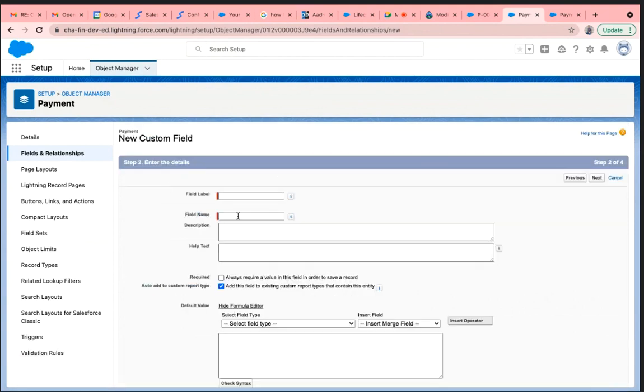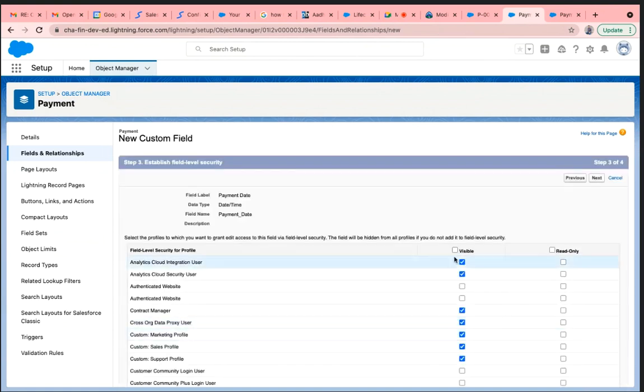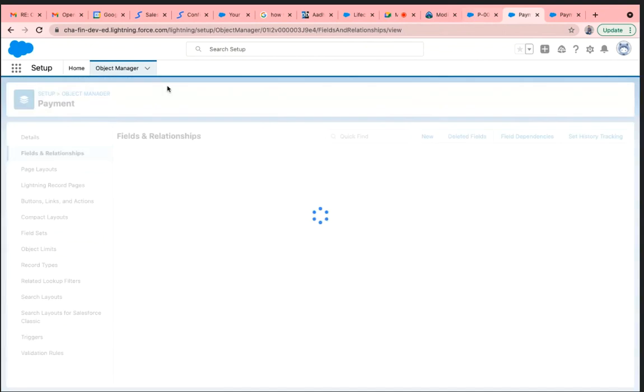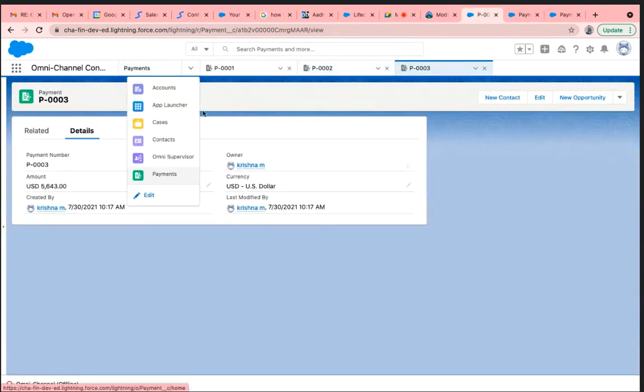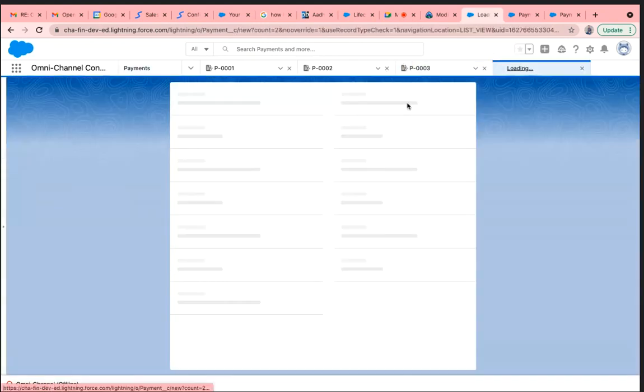So date and time you can choose. Payment date. You can choose that and move into it. You can see what kind of payment date and time you can see. So click that and see.